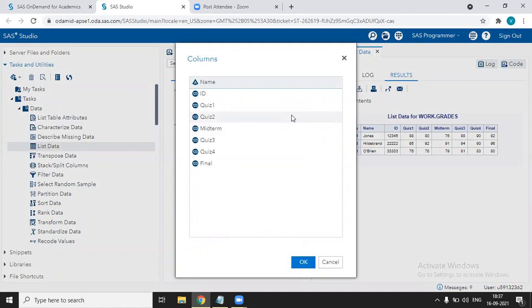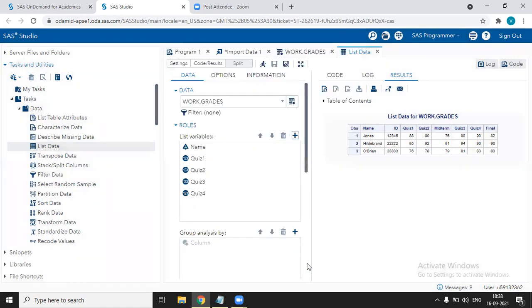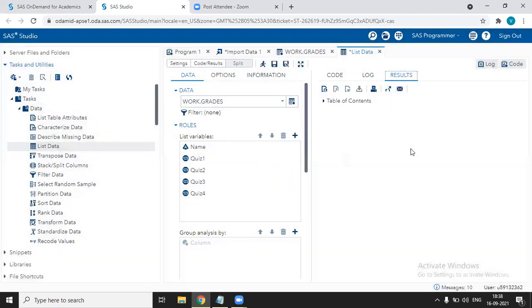To choose single variables, hold the control key and select whichever variables you want. Now I want to select the variables name, quiz 1, quiz 2, quiz 3 and quiz 4. Click on the OK button and click on the run icon again. You can see the change: only the variables we just selected are displayed in the result section.